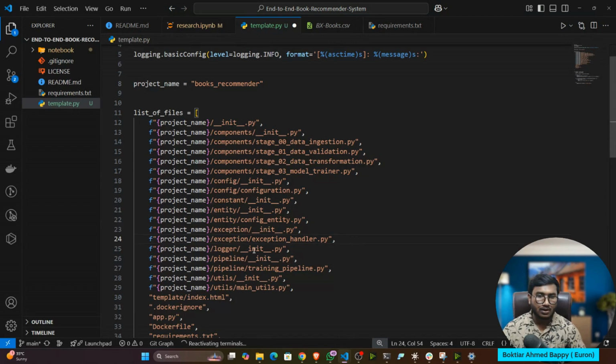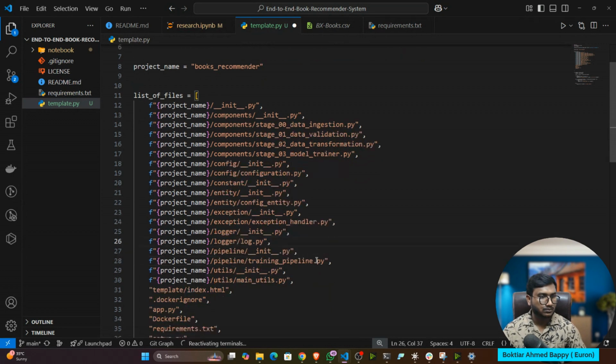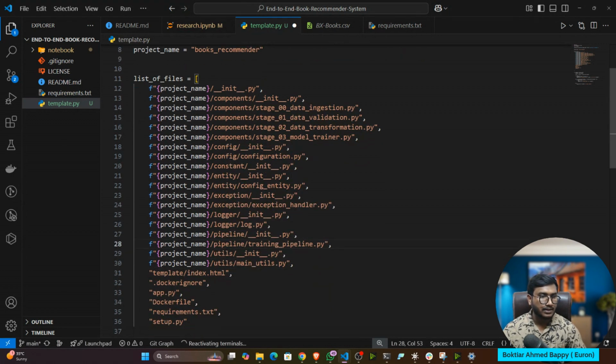Then I need logger, log.py. Then I need pipeline, training pipeline. Then I need utility, utils, util.py.